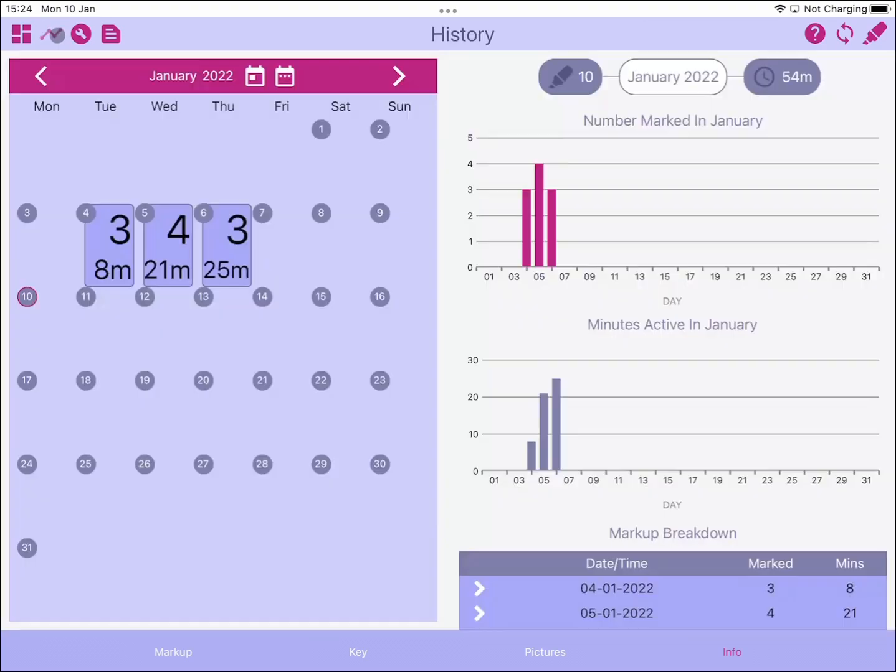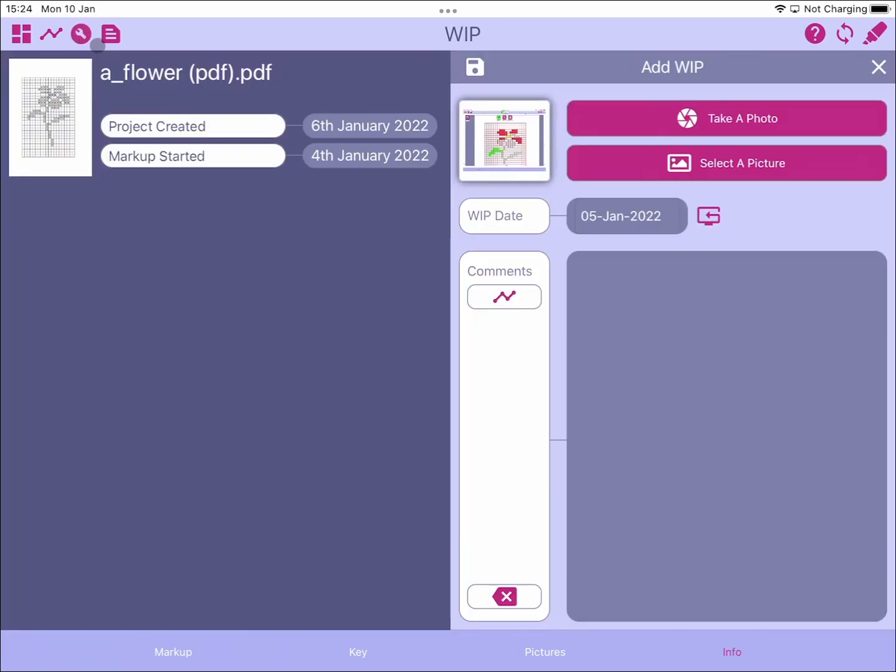And if we look back at our history, you can see, yes, at the 5th, we should have done 7 stitches overall for about 29 minutes. We shouldn't be including these last stitches here. So let's jump back onto our work in progress because we've chosen the 5th. And then if we hit the comments, you can see that it's picked up the 5th. So it's no longer the 10th.